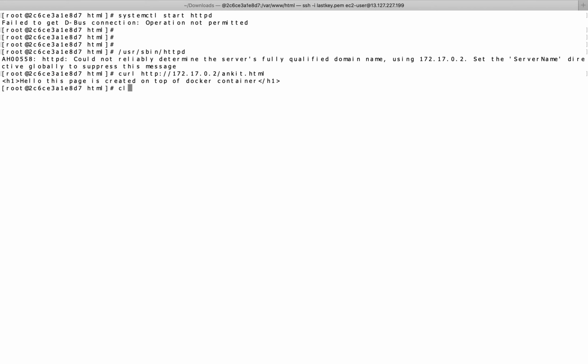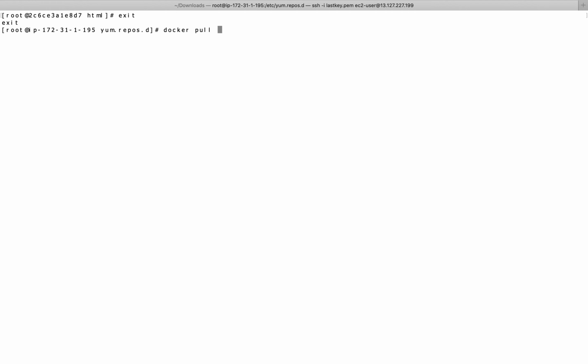Now for the second part, we'll be installing Python. You can check, I'm inside my Docker container still, so I will exit from here. Next we will be setting up a Docker container with a Python environment.